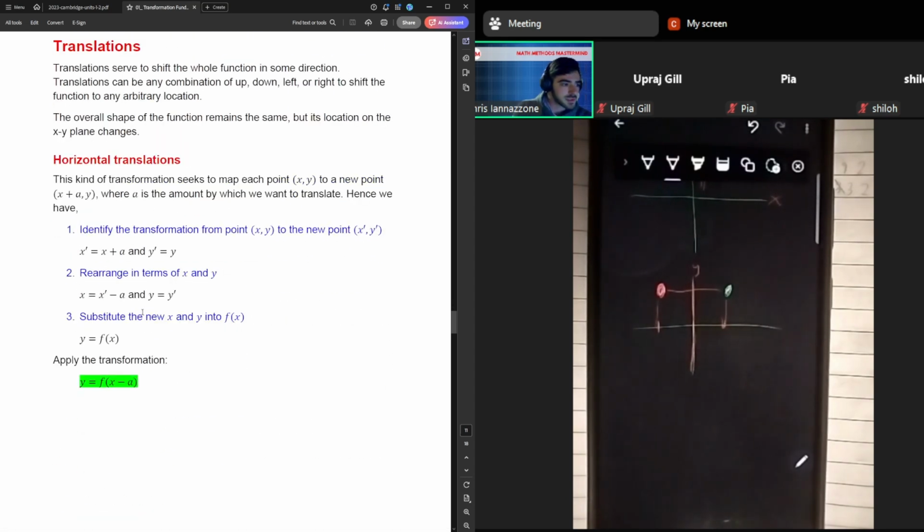And then translations. So this will actually explain why x minus a is a shift right. The reason why is because of this inversion that you have, where when you want to go horizontally, initially you do in fact do an x plus a. So you shift right by whatever a is. But when you go through this whole rearranging and subbing it in, because you've rearranged for x instead of x dash, that plus a now looks like a minus a. And so when you put it into your function, an initial shift right, x plus a, now looks like a